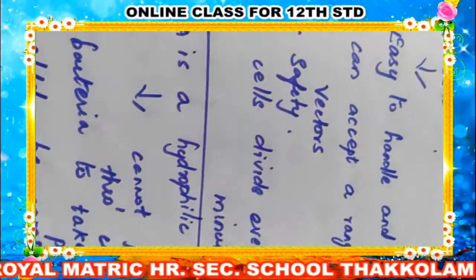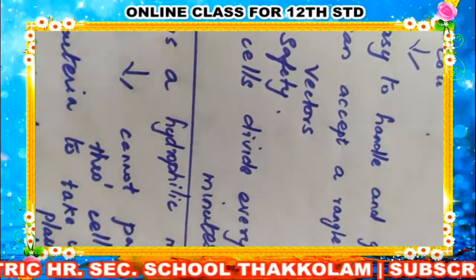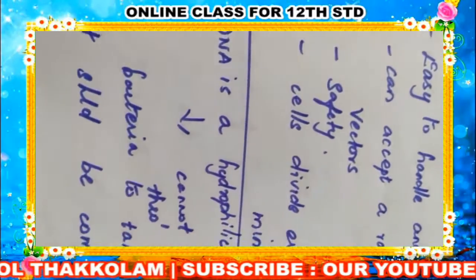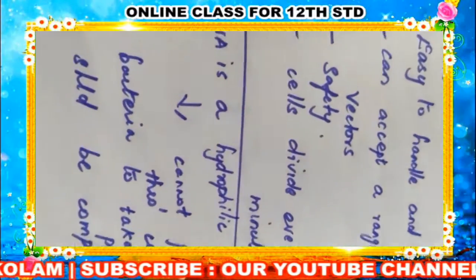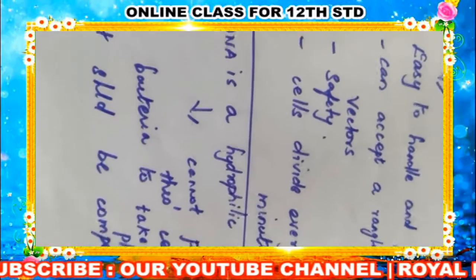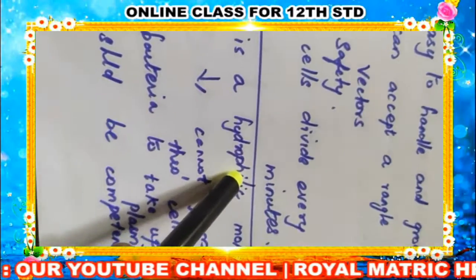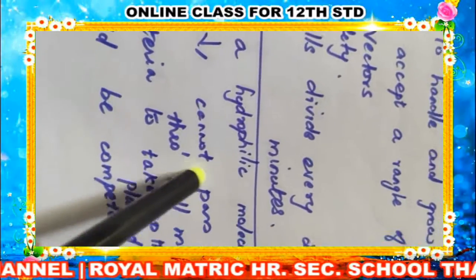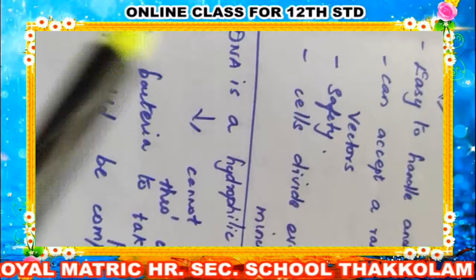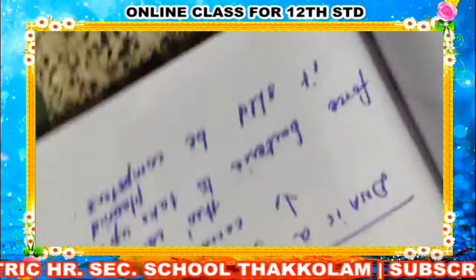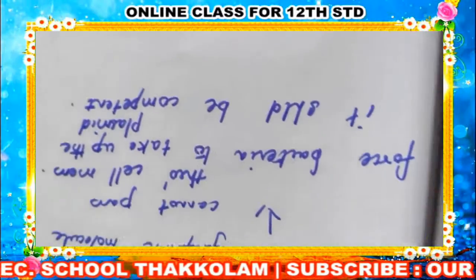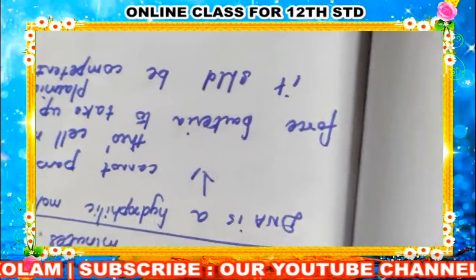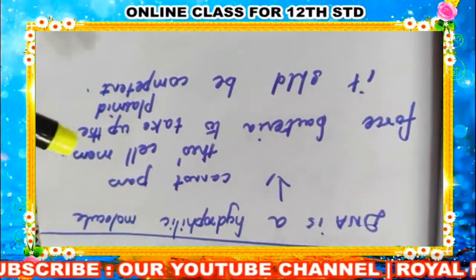Next we will move to how it is done. How is E. coli transformed, how are the vectors transformed into E. coli? DNA is a hydrophilic molecule. Since DNA is hydrophilic, it cannot directly pass through the cell membrane. So in order to force the bacteria to take up the plasmid,